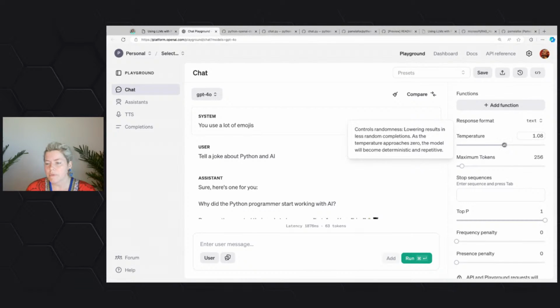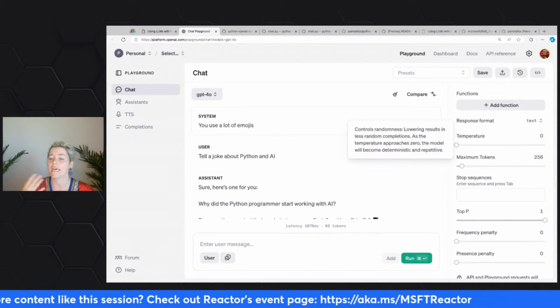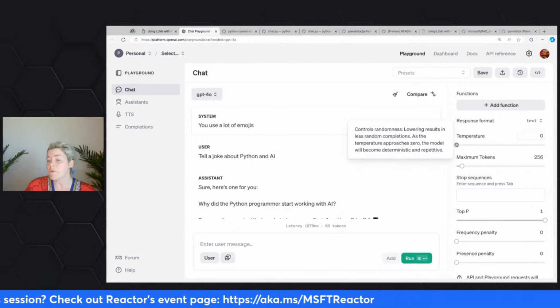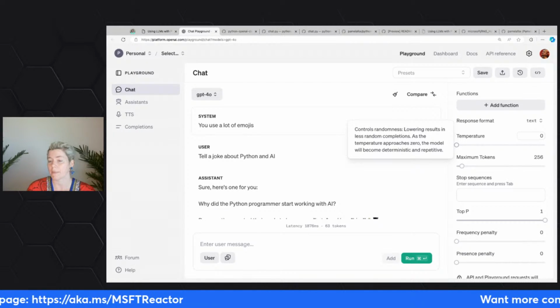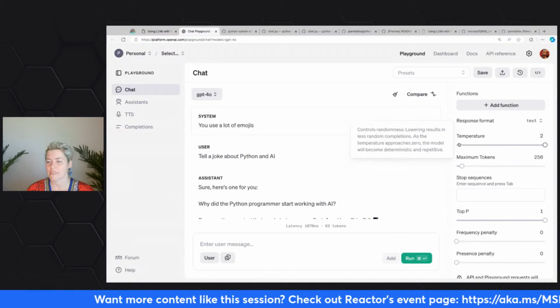The one that I use most often is temperature. Temperature is generally the creativity. The way they describe this is it controls the randomness. The more you lower it, the less random it will be. So you generally want a really low temperature if you're going for high accuracy, like if you're doing math problems, where you don't really want creativity. But if you're using it to generate creative writing or jokes or something like that, we might go for